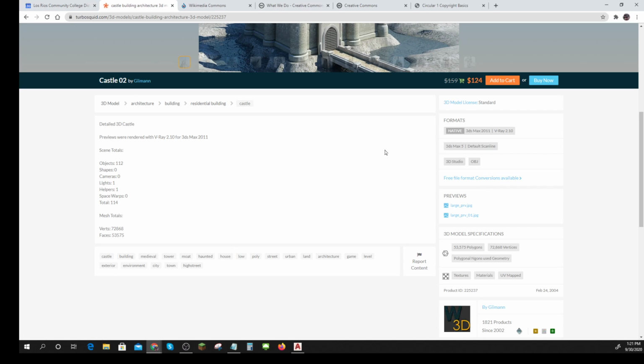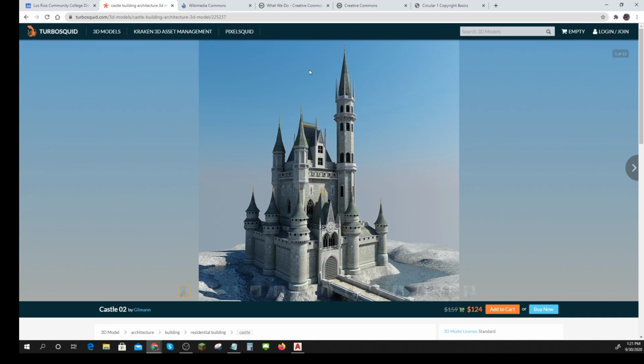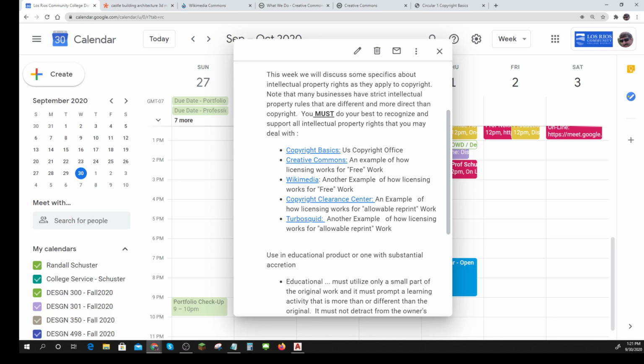So that's kind of a cool thing. Whenever you get something, you have to look at the licensing availability. So that's the short of all of this. When you use some work that you've gotten from somebody, if you bought it, be sure that you tell us where the license is. If you take a snip of it, be sure you tell us where that license was that allowed you to do that. And of course, if you created it on your own, you should know that we give unrestricted license.